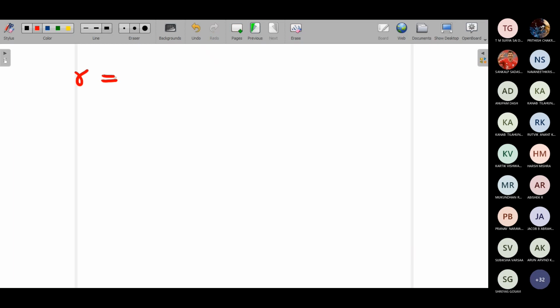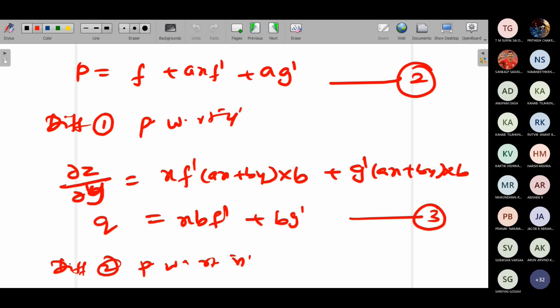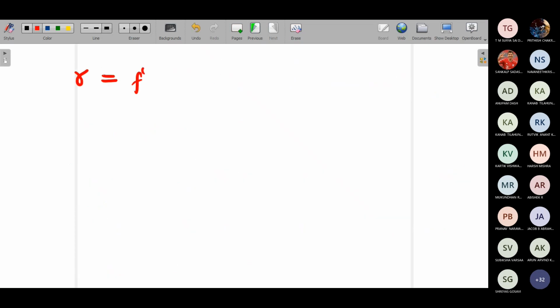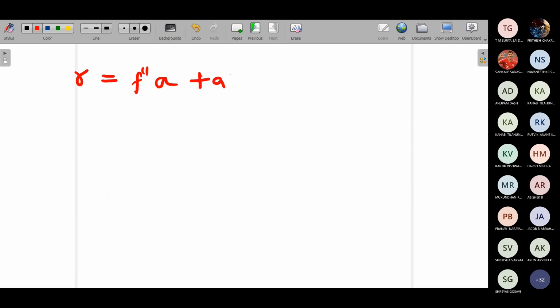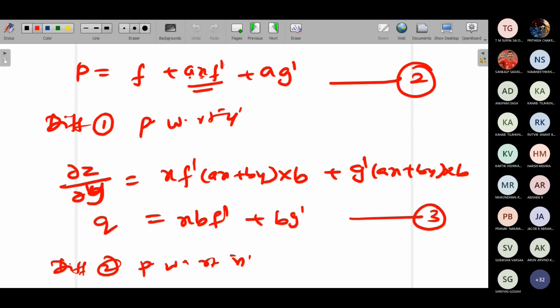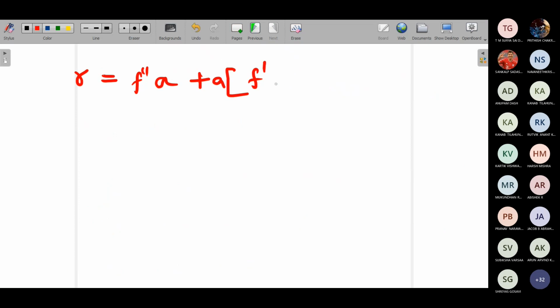R. So R will be equal to, so you have f. When you differentiate this partially with respect to x, you'll get f dash into a, with respect to x plus, what about here? Here a is constant, x and f are two functions of x, so you have to use the UV method. So you'll get a into, differentiation of this will give you x alone, so x into f dash as such. The second term will give you x into f double dash into a. Are you following what I'm trying to do? Or should I write the whole function?